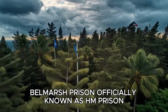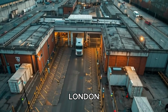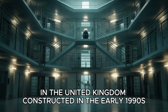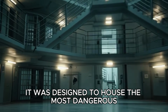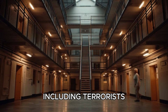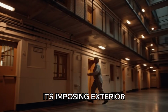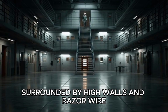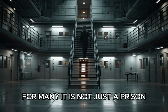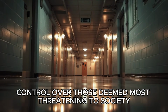Belmarsh Prison, officially known as HM Prison Belmarsh, is located in Thamesmead, London, and stands as one of the most high-security facilities in the United Kingdom. Constructed in the early 1990s, it was designed to house the most dangerous and high-risk offenders in the country, including terrorists, organised crime leaders, and repeat violent offenders. Its imposing exterior, surrounded by high walls and razor wire, immediately signals the level of security within. For many, it is not just a prison, but a symbol of the state's control over those deemed most threatening